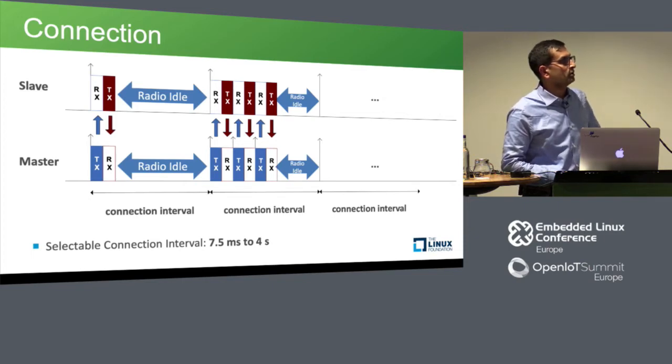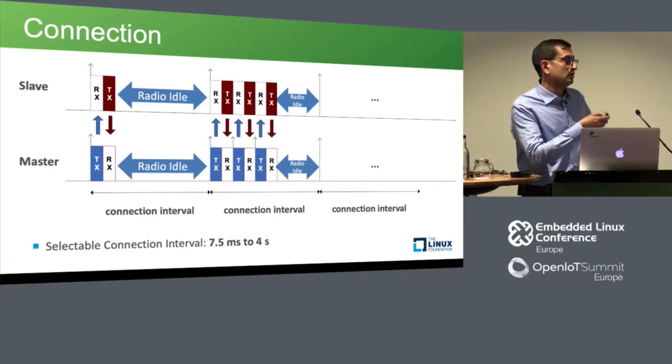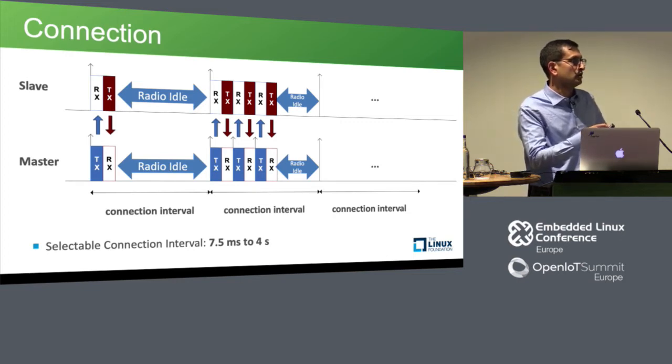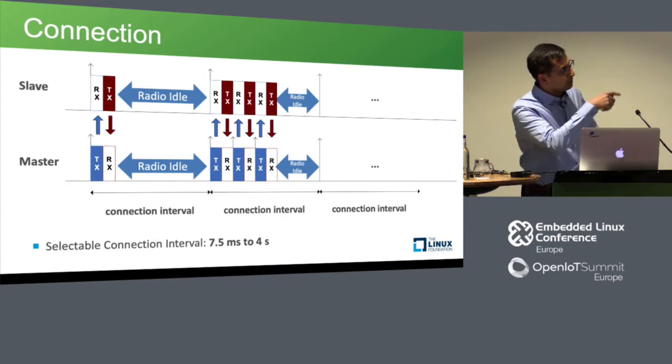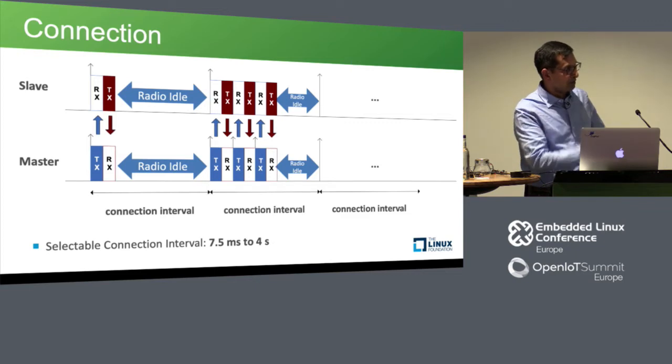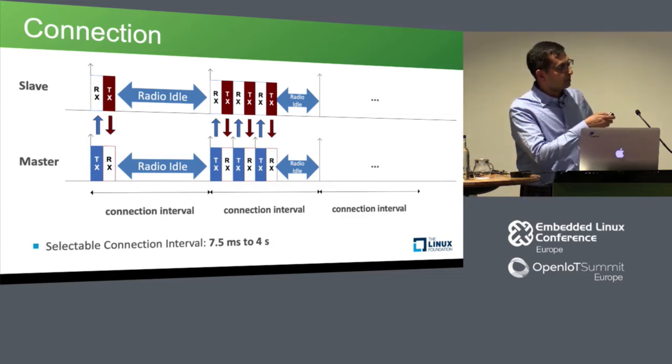Once it receives a packet with the correct CRC, it's going to basically use a small duration to turn around to be a transmitter. That small amount of time by specification is fixed at like 150 microseconds, and it's called interframe space. So between RX and TX, or TX and RX, you always have a 150 microsecond space. And if nothing is there to be transmitted between the slave and the master at that interval, then the radio quickly goes